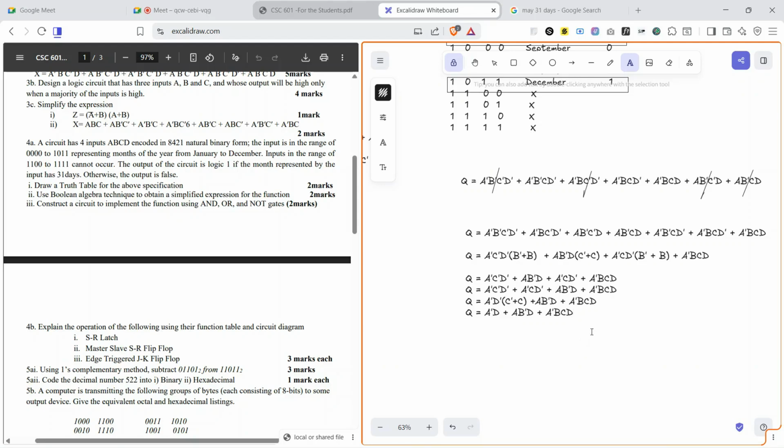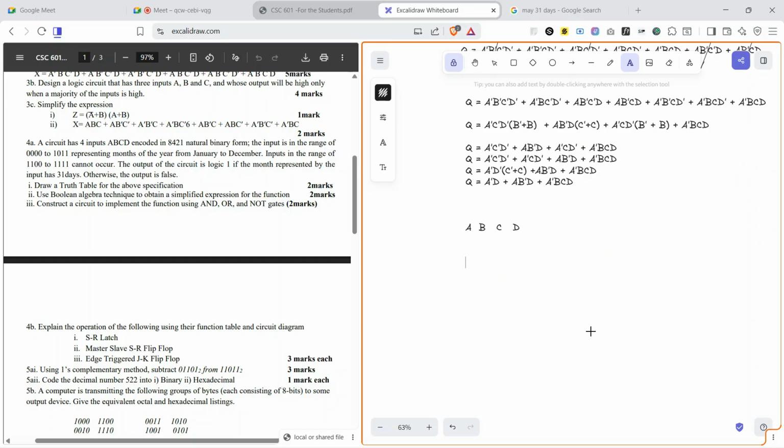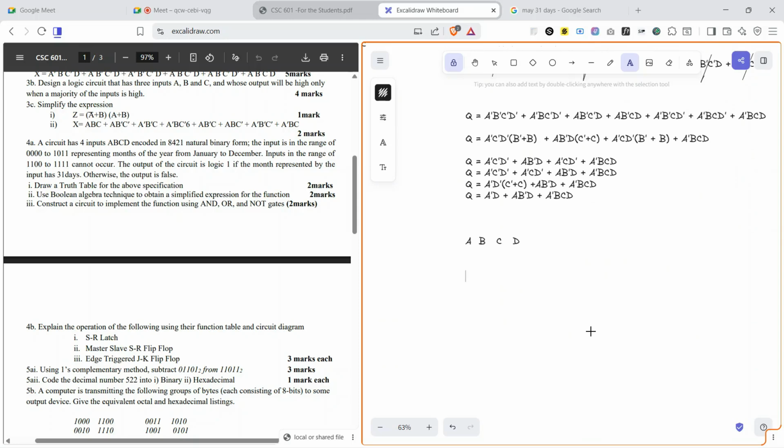So for this, we are going to have A, B, C, D. So we want to draw a circuit. For the first one, it is A and D. So the diagram would be like this: